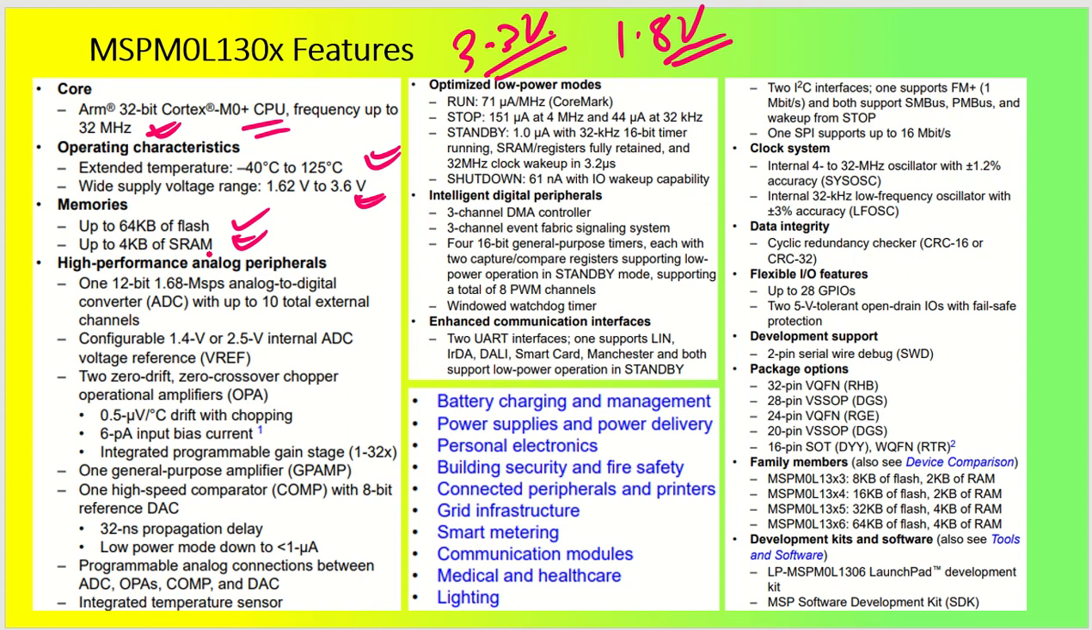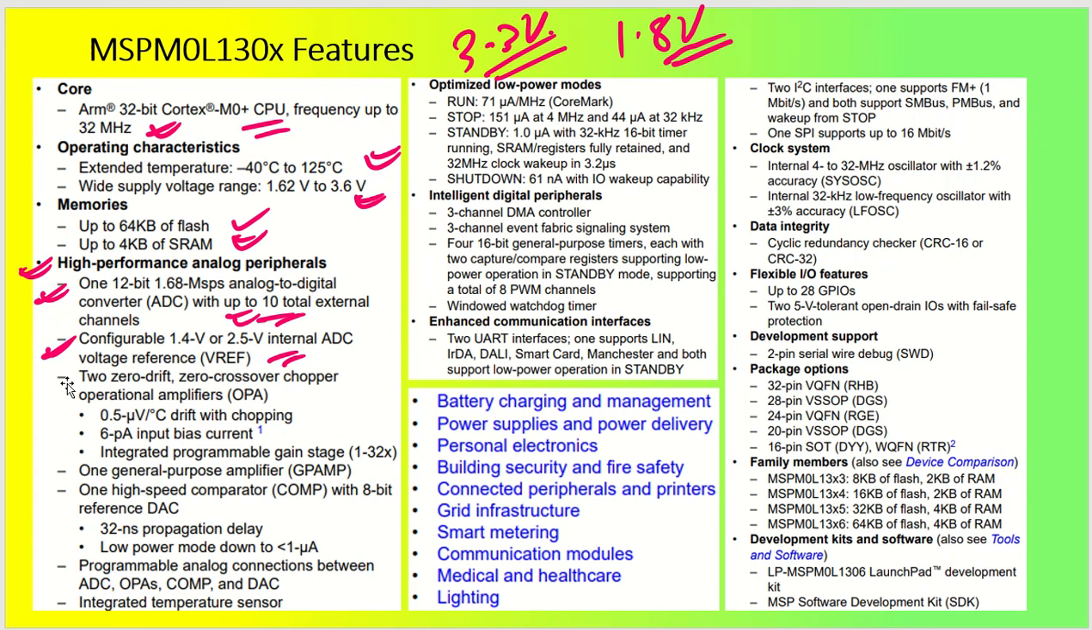Good. Now we are going to talk about the high performance analog features. We have one 12-bit 1.68 Mbps analog to digital converter, so you don't have to worry about that. In short, it is a 12-bit ADC, and the number of channels is very high, around 10 channels, which is more than enough. Then we have configurable voltage references, 1.4 volt or 2.5 volt internal. So there is no need for an external reference voltage for your ADC application. If you want, you can have one; otherwise, you can utilize the 1.4 volt or 2.5 volt internal ADC